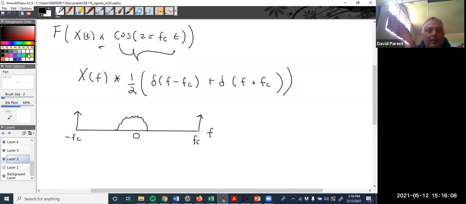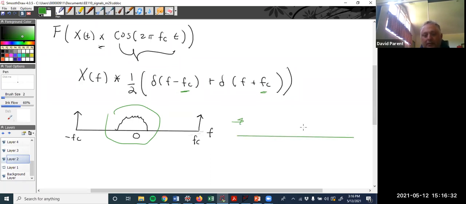That means I move this across, and anything convolved with a delta function, you get the function just scaled and delayed, right? So this leads to